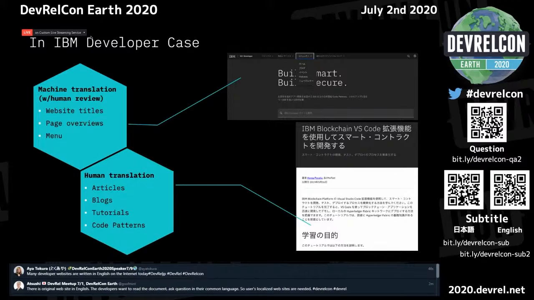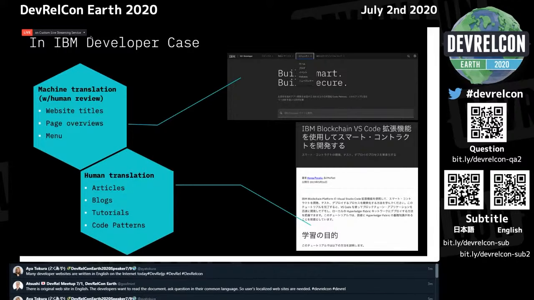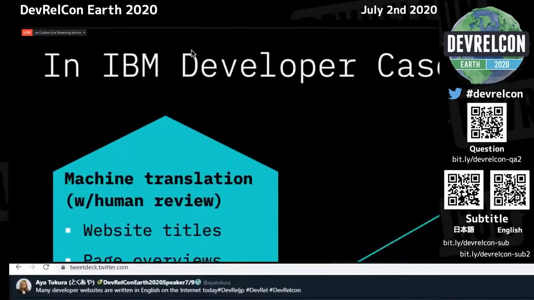Website titles, page overviews, and website menu titles are translated by machine translation. And after that comes human review. A reviewer reviews the website translated by the machine translator, and revises and fixes it. Okay.